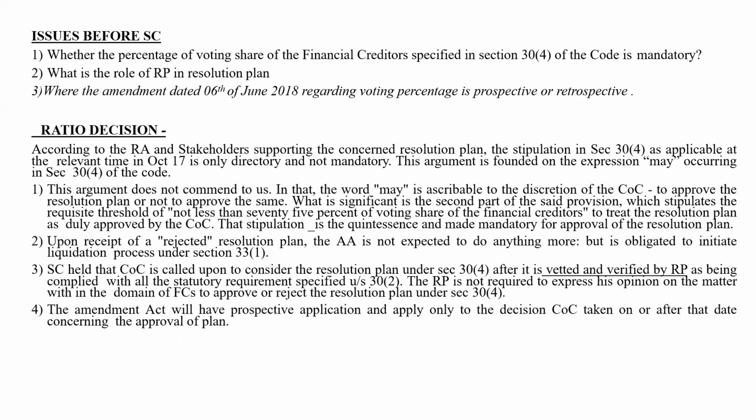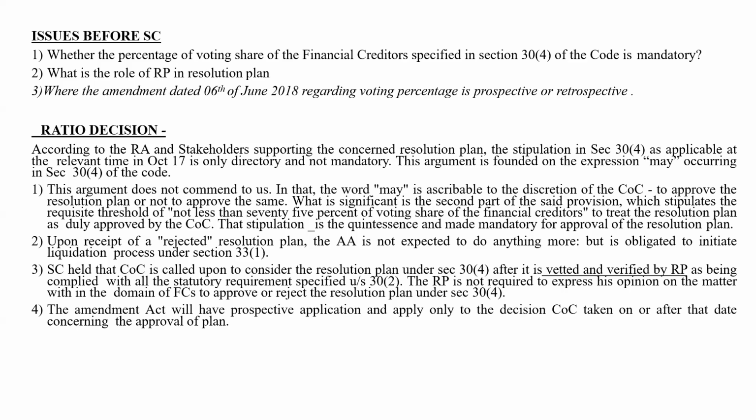So whether the percentage of voting share is mandatory and what is the role of RP and whether the amendment is prospective or retrospective. Okay. According to the resolution applicant and stakeholders supporting the concerned resolution plan, the stipulation in section 30 subsection 4 as applicable at the relevant time in October 17 is only directory and not mandatory. This argument is founded on the expression may occurring in section 30 subsection 4. तो इसमें एक तो आर्गुमेंट ये दिया गया कि भाई ये जो